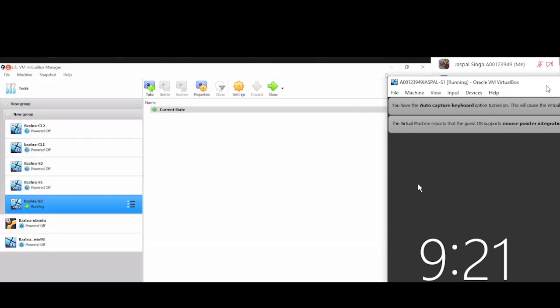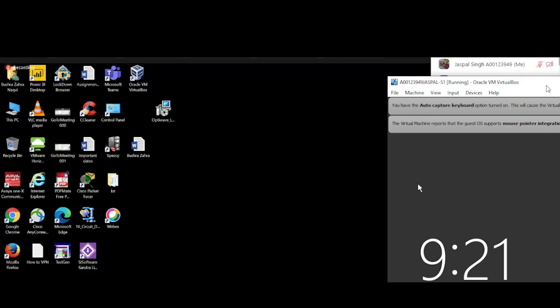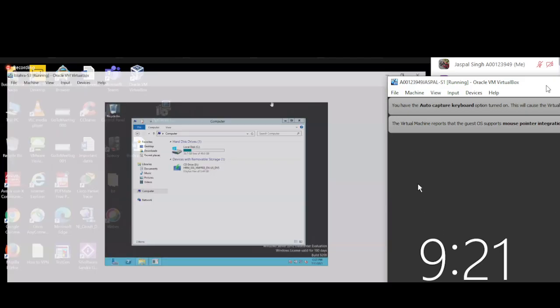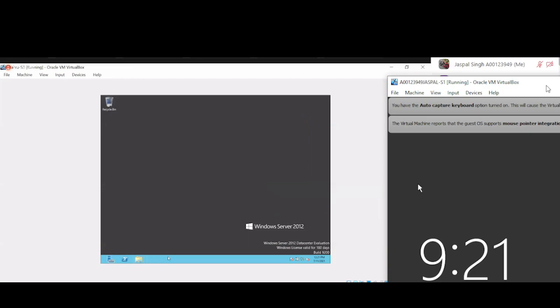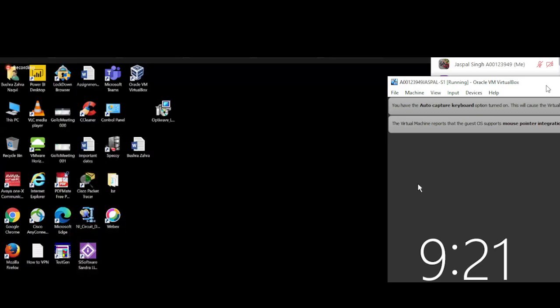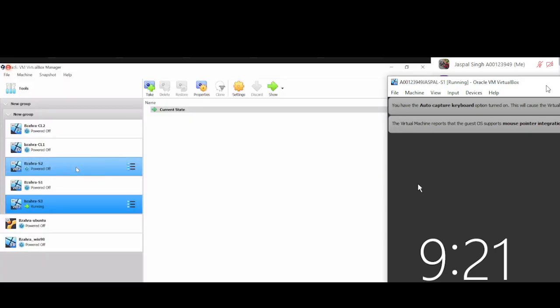if I make this server remote desktop enabled, right? I can manage the server from another machine, right? So how can I do that? If I turn on another machine, let me see if I can. If I go to another machine, for instance,